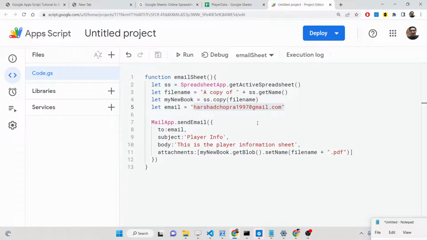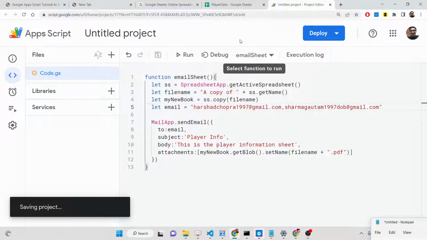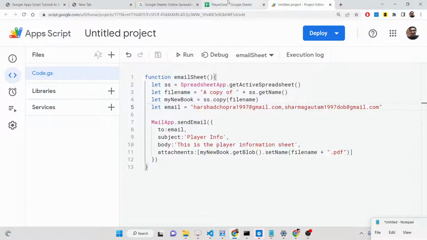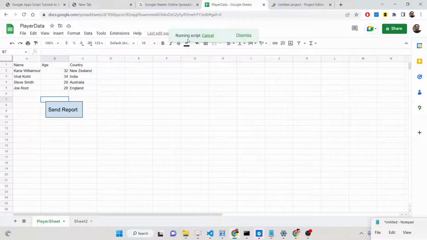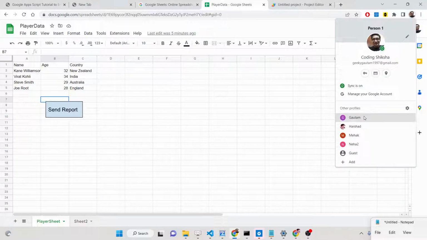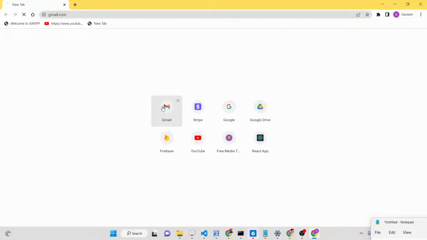And you can even customize this. Let's suppose you want to just put a comma here if you want to send out to multiple people. So you can even do that as well. So here you can mention the second email address. So now what will happen, it will send out to multiple people. So save your project, and now if you click send report, it is running the script once again, and once again when it finishes, now if I check the second email, click on Gmail,